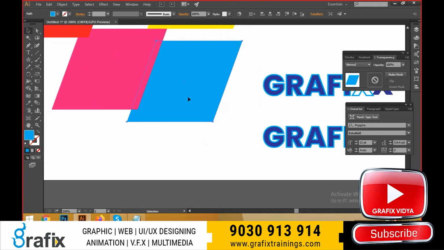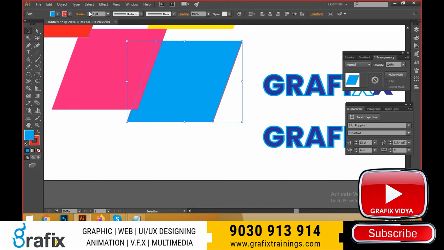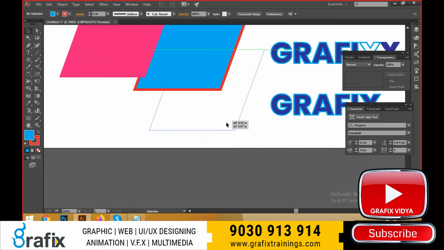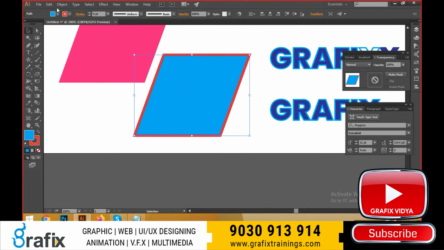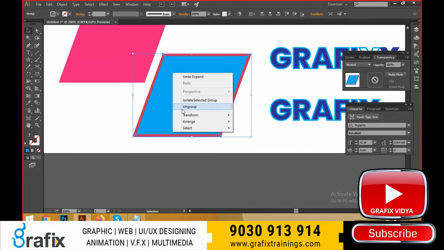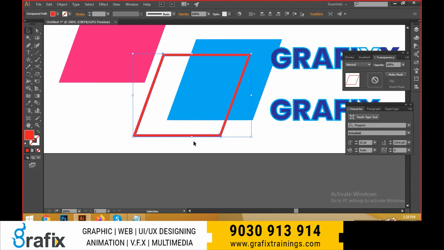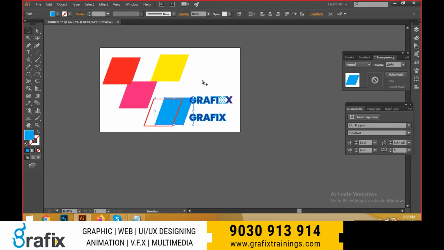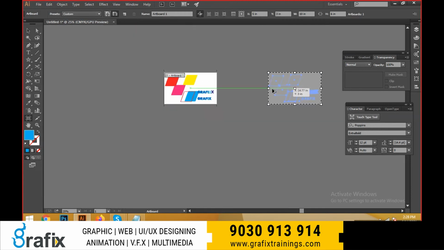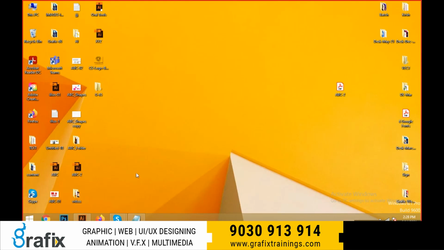And not only a text layer, you can go for strokes for this object also and make it some stroke. I would like to divide the stroke and object. Come to the object, expand, fill and stroke, click OK, right click, ungroup, and I can divide a fill layer and a separate stroke layer. That is the thing. And I'm taking an artboard. What is the shortcut for artboard selection, guys? Shift O. Shift O is the artboard selection.